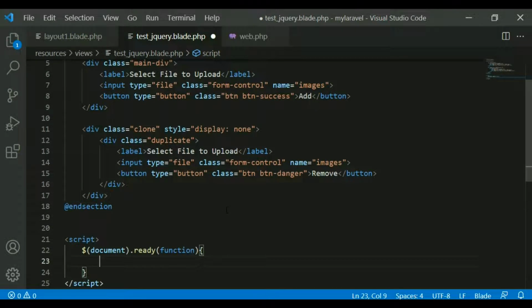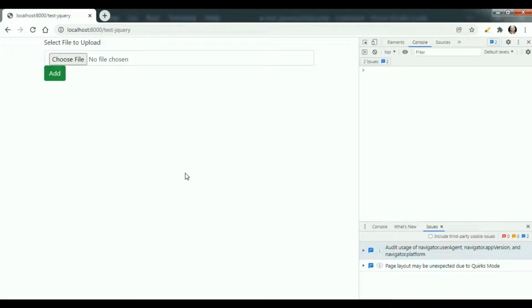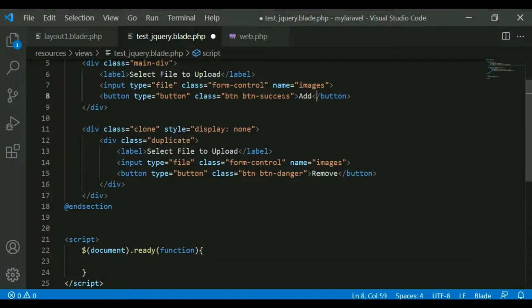Now when I click on this button, the add button, so this is my add button. If you see this add button, I have this add button success. This is the class name. So I want to focus on this particular add button. So for that, I can write dollar, then double quotation, dot stands for class. Then you can write this button name to identify that particular button.